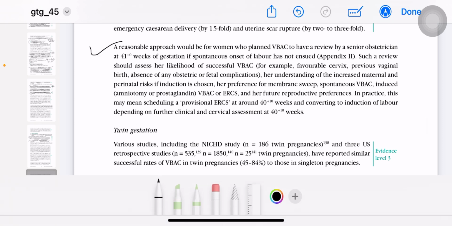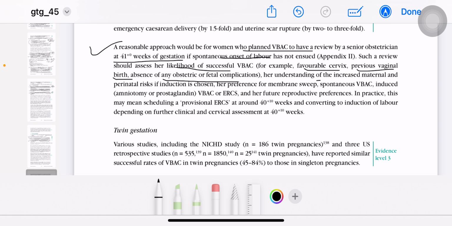So, a reasonable approach for women with planned VBAC who have been reviewed by a senior obstetrician at 41 weeks. For example, if the patient has had a previous cesarean and is at 41 weeks of gestation, and spontaneous labor has not ensued, how will you check the likelihood of VBAC? For example, if you have a favorable cervix, previous vaginal birth, absence of any obstetric, antenatal or fetal complication, then